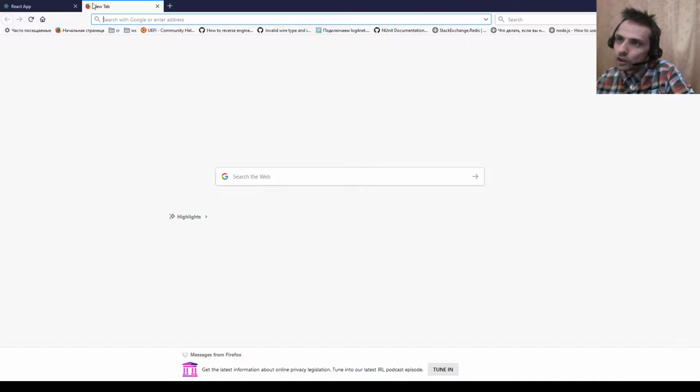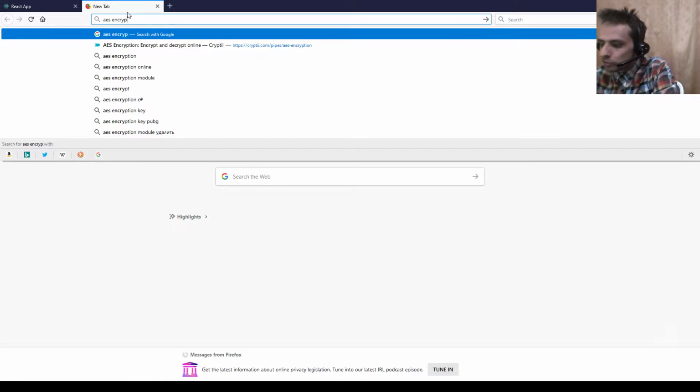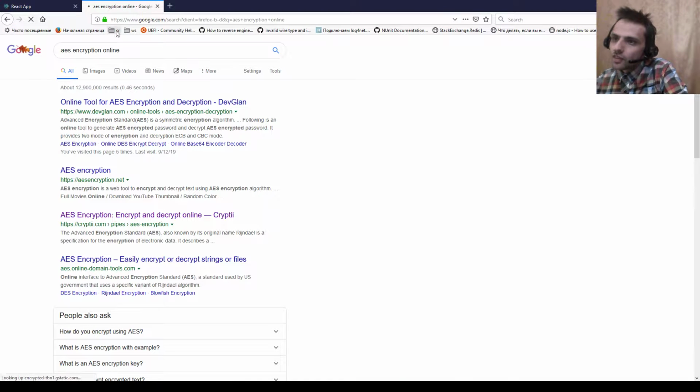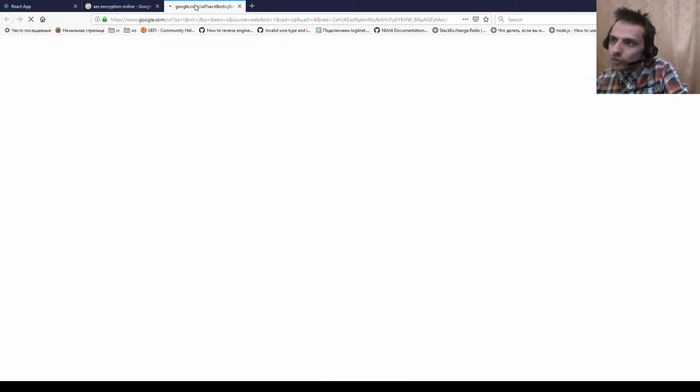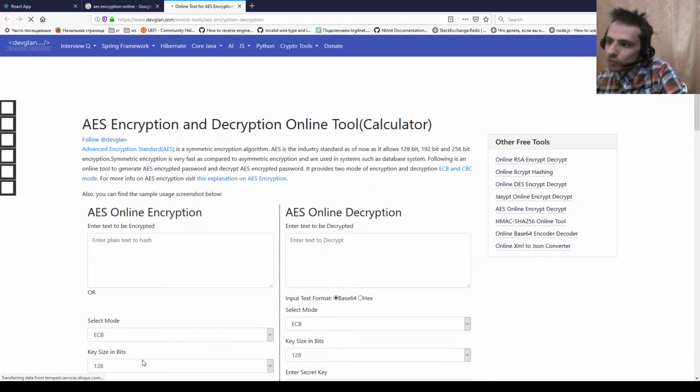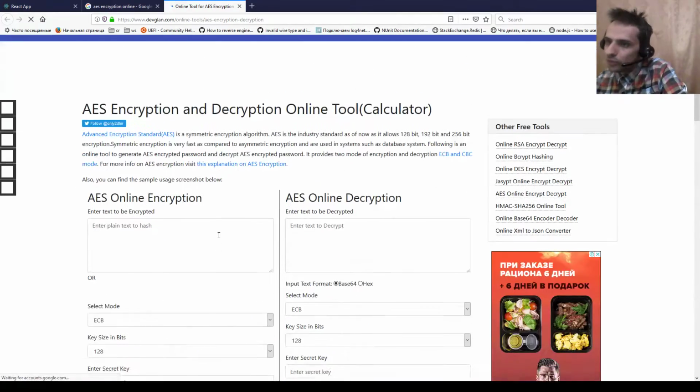People usually do this by typing, for example, AES encryption online, and they get some tools which do this. Something like this. So that's what I'm doing.